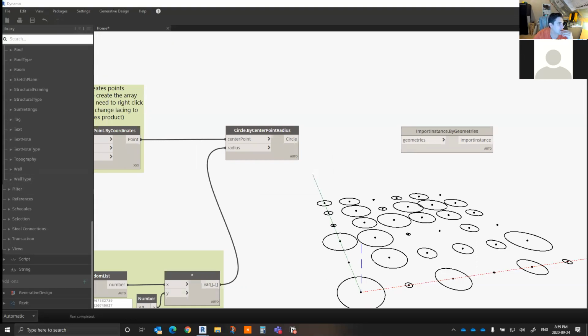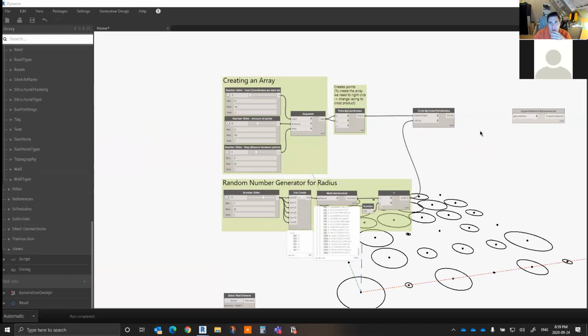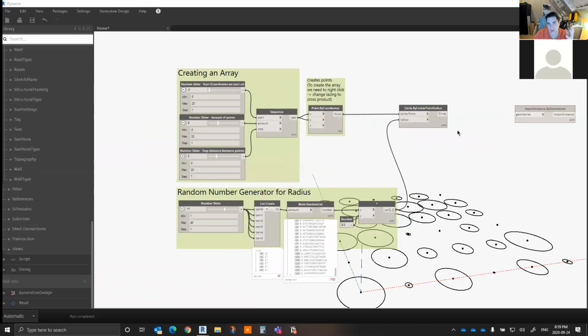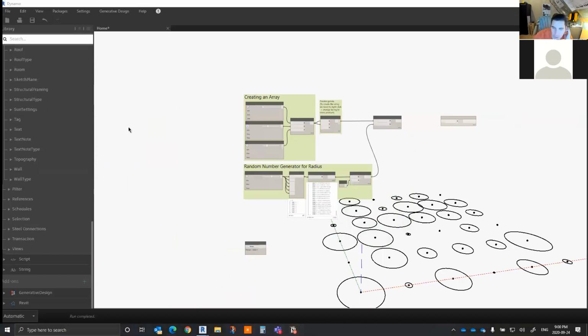So essentially the start of our script is really the same. We want to create an array. We want to create that array in a certain direction. But what we want to do here is, instead of